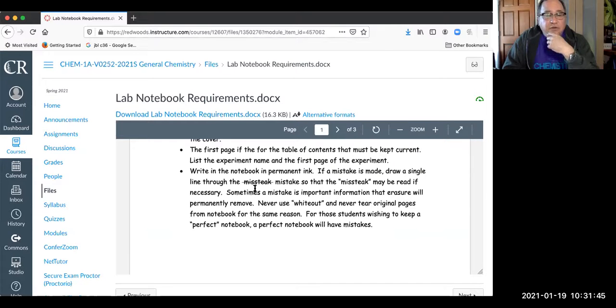Now, for those of you who might be a little particular about everything being perfectly neat, the mindset you need is that this is neat. Erasures are not neat in a lab notebook. Erasures are like scribbles all over the place. They're horrible. Pages torn out. Make your lab notebook look like